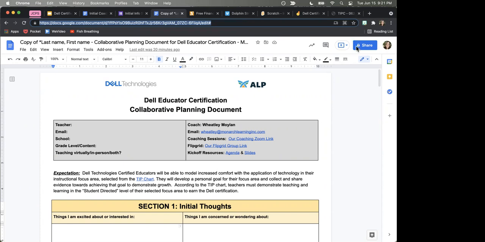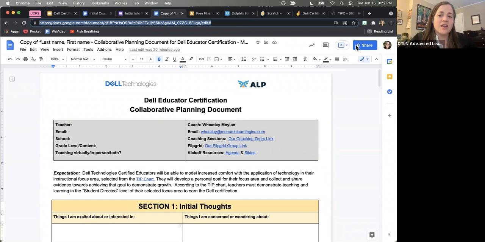I hope I haven't lost what I filled in. I just filled in everything now. I don't know where it's gone. That's okay, it's probably still there. It usually auto saves, so it'll save without you doing anything to it. But there's a blue button at the top right corner that says share, like mine up here.